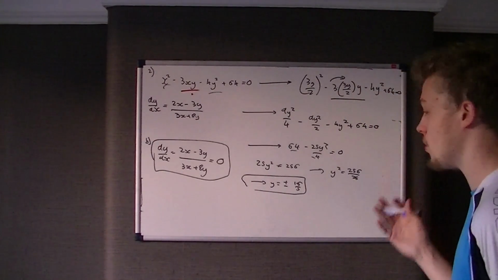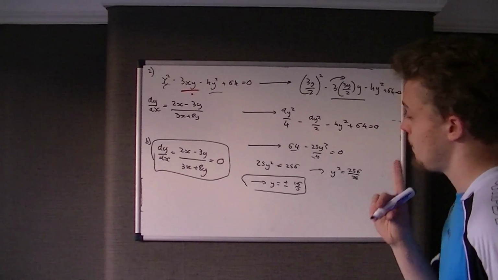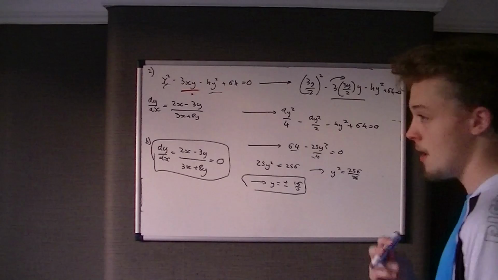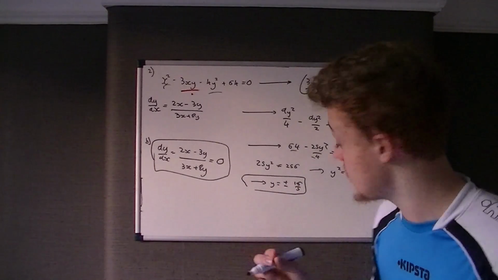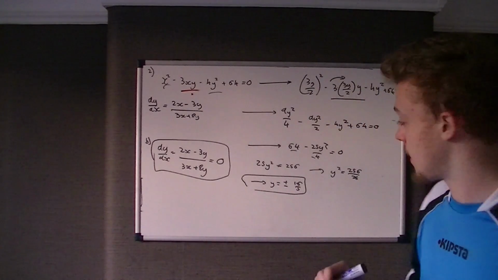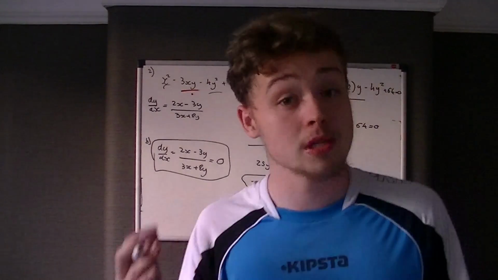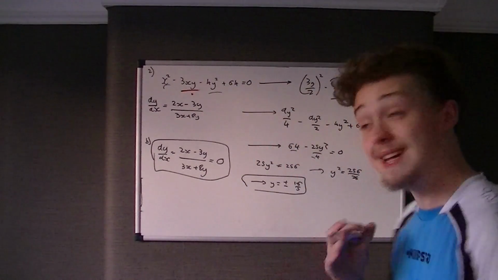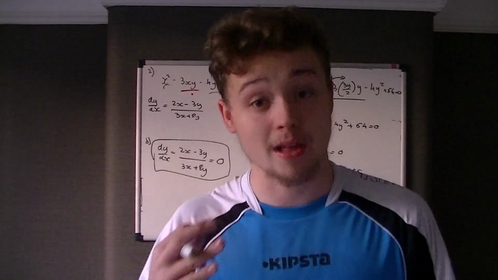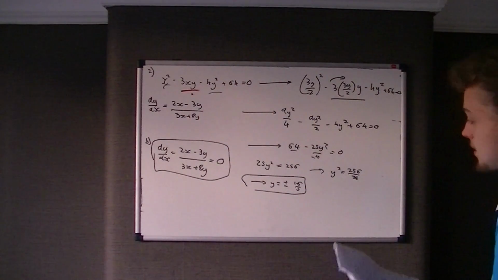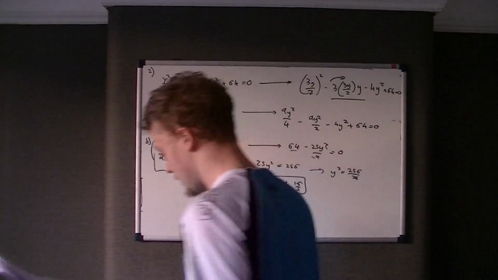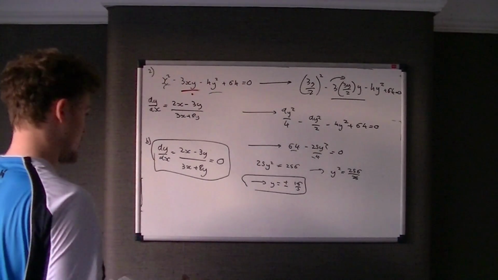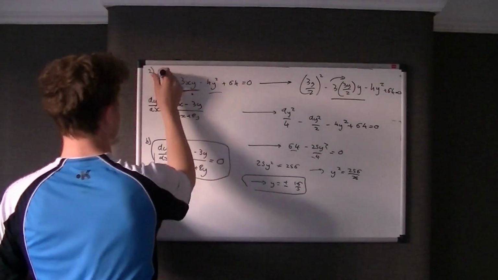Okay, so in other words, we know y is equal to either positive 16 fifths or negative 16 fifths. But what's the x value which is associated with each of those y values? If y is equal to positive 16 fifths, what's the x value at that point? And similarly, if y is equal to negative 16 fifths, what's the x value at that point? Okay, so when we've got the y value and we want the x value, there's no point subbing it into the gradient function. The only thing we can do is sub it back into the